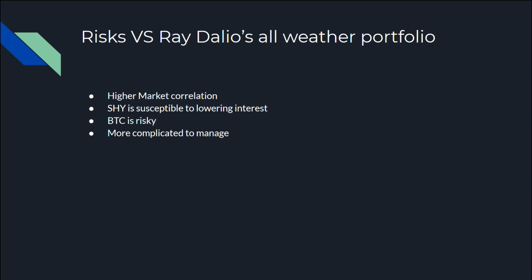Now, Bitcoin is risky and a bit more speculative, so that's why we tried locking only 1% of my portfolio to Bitcoin. And as you can tell from Bitcoin swings, it can drop fast and go up fast. So, like I said, it is more speculative, and I just think it's something you could have as a calculated risk. And overall, this portfolio is a lot more complicated to manage than Ray Dalio's all-weather portfolio, mainly because there are so many more different allocations to this portfolio than Ray Dalio's portfolio.